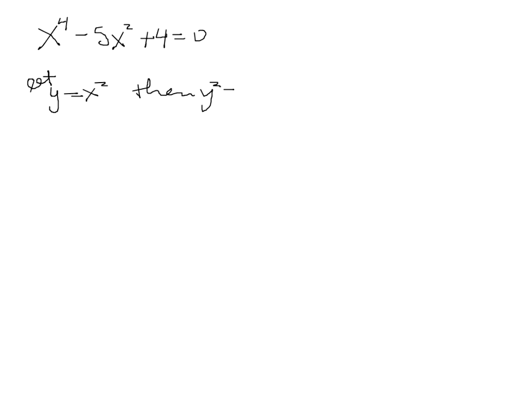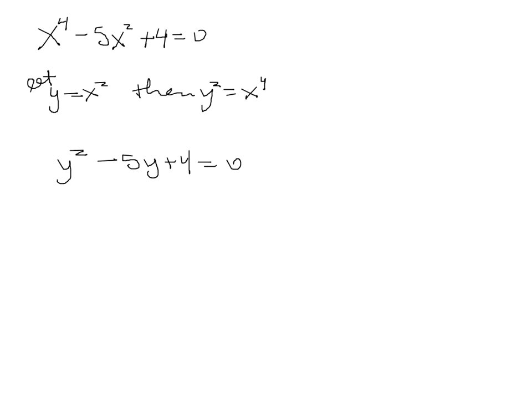Okay, so we're going to look at solving equations in what's called quadratic form. If I look at an equation like this, it's x to the fourth, x squared, and x to the zero. So if I let y equal x squared, then y squared would be x to the fourth, and I can rewrite this equation as y squared minus 5y